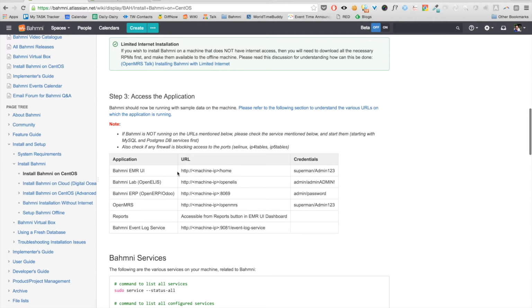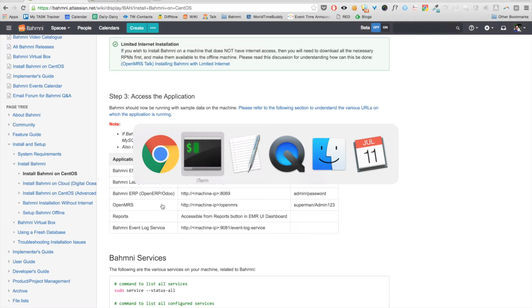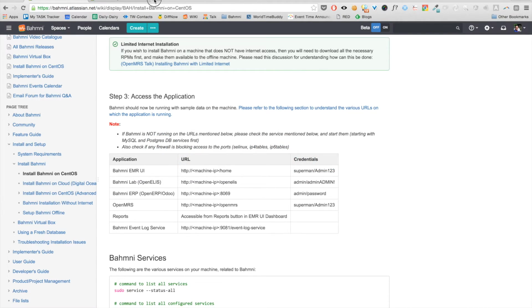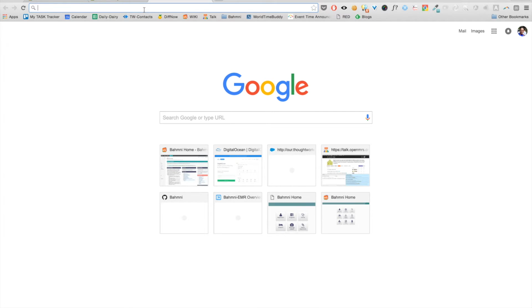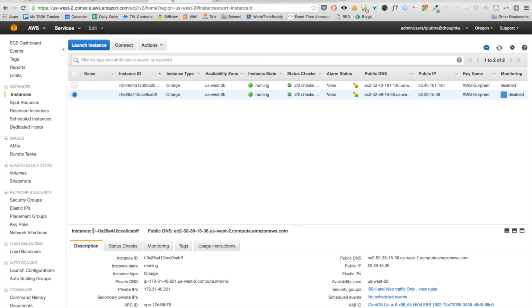Now the aim would be to try and access the various applications on the screen. So let's go back to the browser and paste the address. Okay, this is the IP address I should have been copying and using. Let's use that instead.